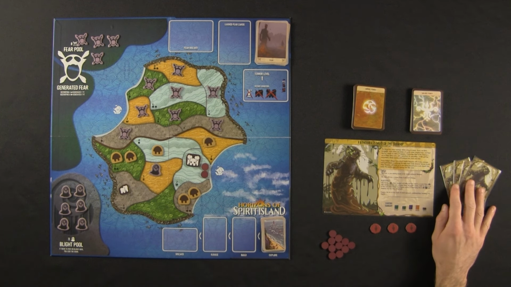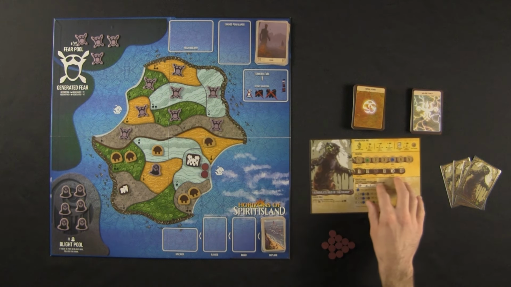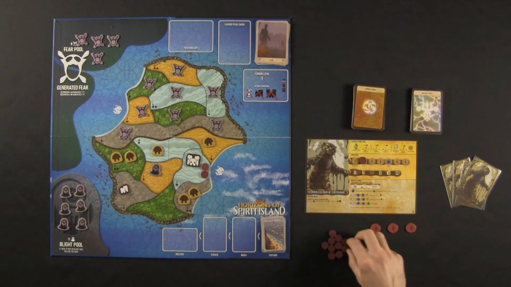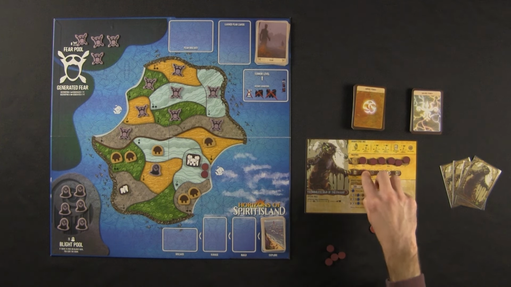So I start with my 4 unique power cards and 0 energy, which is pretty typical. So we can flip this over now, and I'll start covering up all except the first space on each of these 2 tracks. And listed beneath each symbol is, in smaller font,